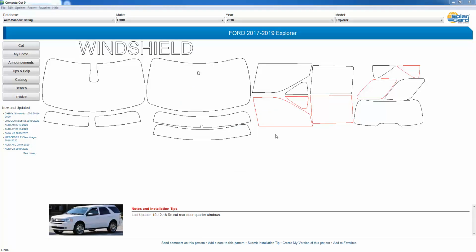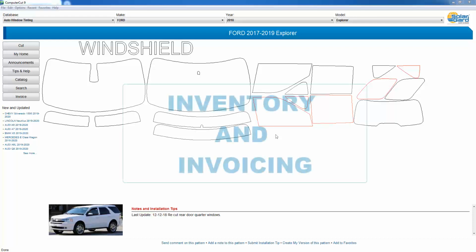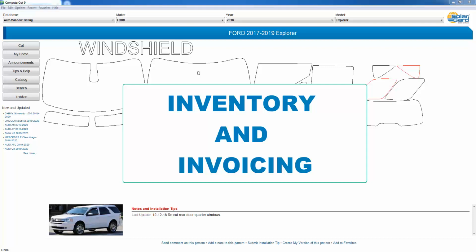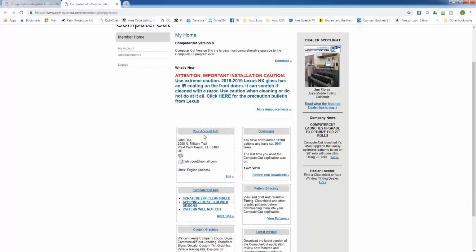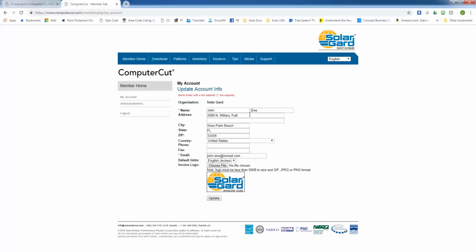In this tutorial, we're going to show you in depth how to use the inventory feature of ComputerCut and the invoicing feature of ComputerCut. The first step is to make sure that all of your information on your account is correct. So open up ComputerCut and click on the My Home button, and this will take you to the Members site. Then scroll down to your account information, click on that, and make sure that all of the information in here is correct. You can also upload a picture of your logo that will show up on your invoices whenever you